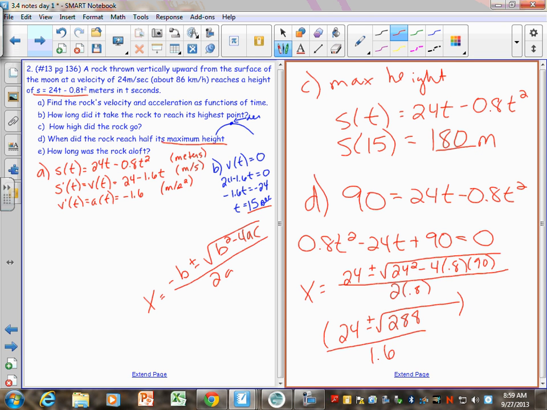Like 24 plus the square root of 288 divided by, goodness gracious, it is 288. I don't know the answer already, so I'm not even going to type it in. Look, I wrote x there, but it's really t. I don't know which one you get. Rounded to 3 decimals because that's what you have to round to on the AP test, so it's just good practice. So, Sean, what did you get at 3 decimals?